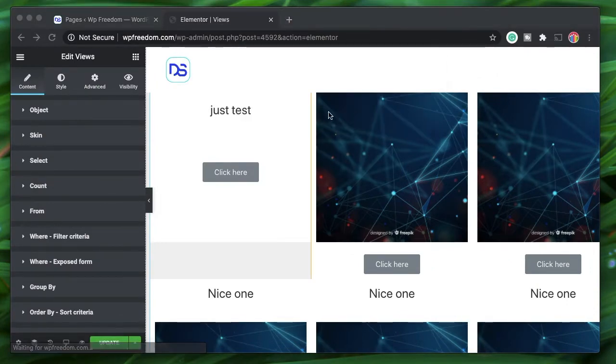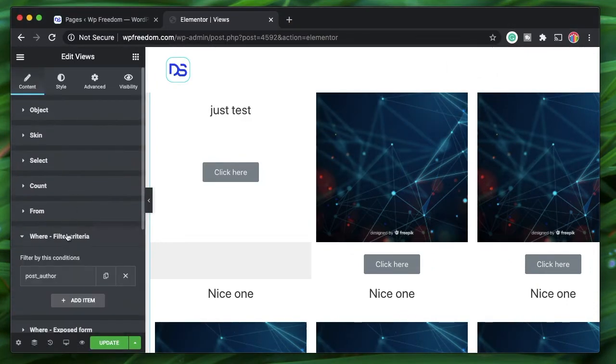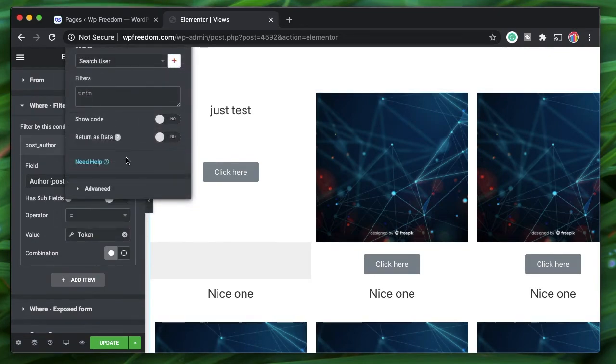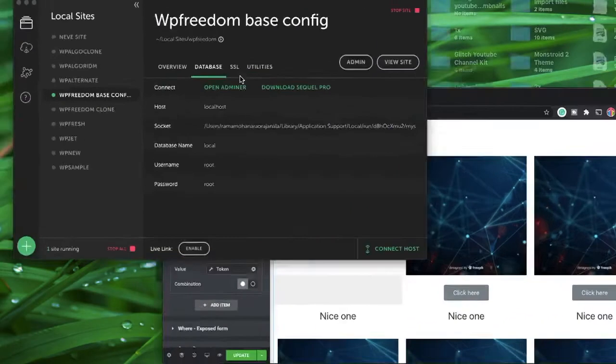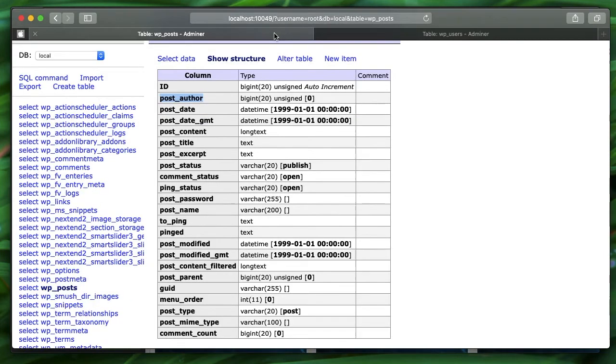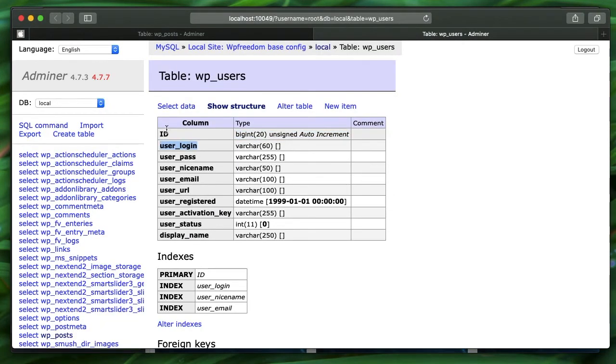That's the reason why we're choosing post author from this field, and with an operator we're choosing equals, and the token we chose was ID from the users table because of the database level stuff. You can see that the ID is also a big int, and ID is essentially the username, and post author is also a big int, and this also maps to the username. That's the reason why you're comparing this in posts to this in users.